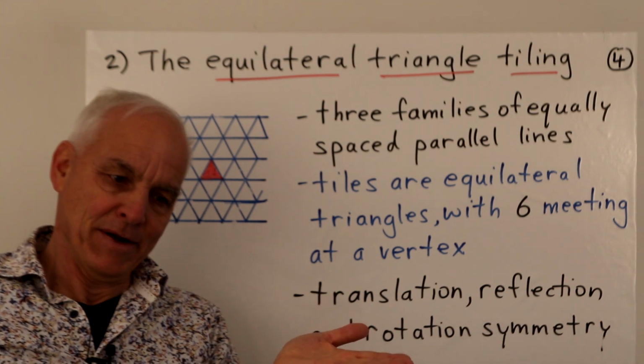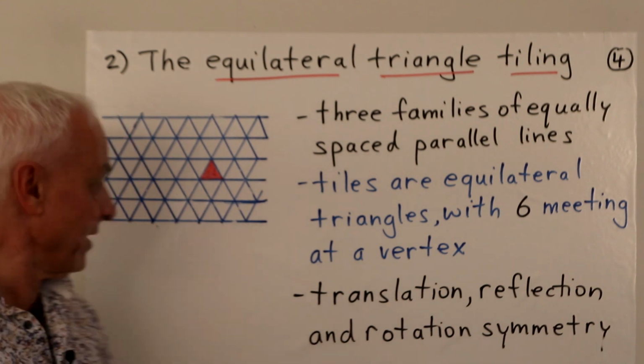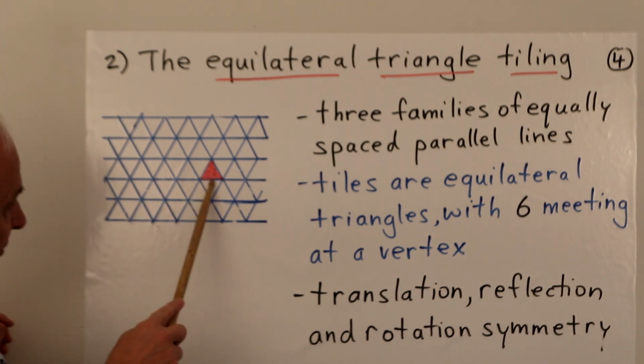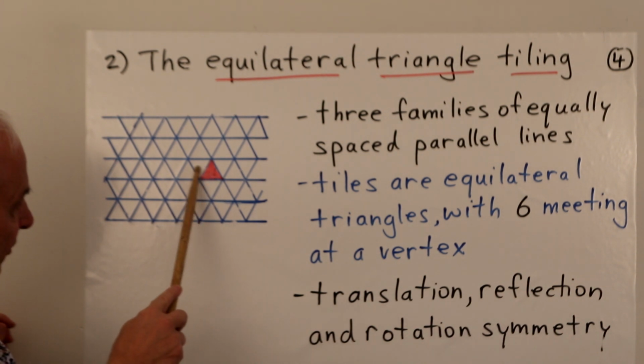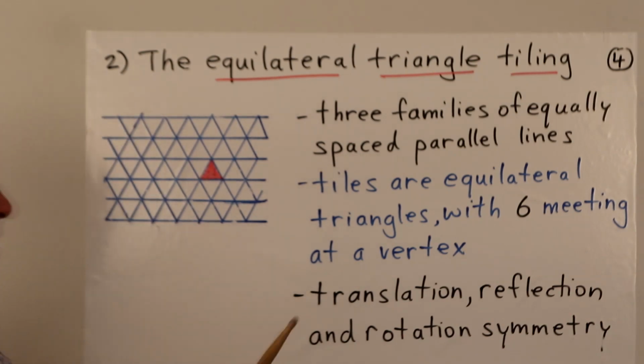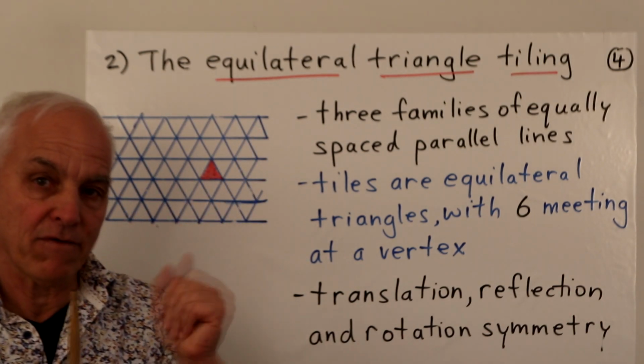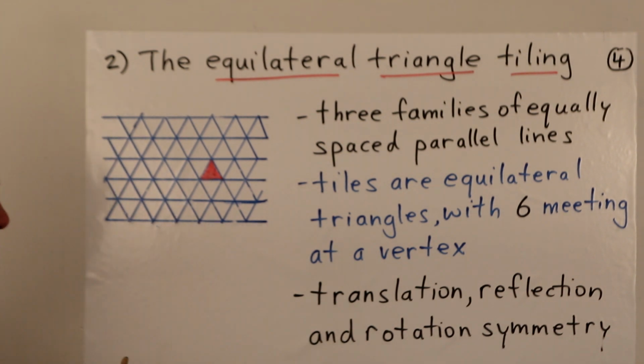With a rectangle, or a square, it's 1/4. Here it's 1/6. You can see that because, if we're looking at things from this vertex here, going from here to here is the same as from here to here, from here to here, and here, and here, and here. There's 6 of them around that central vertex, reflecting the fact that in this case there's 6 triangles arranged around any vertex. So the tiles are equilateral triangles, and 6 of them meet at a vertex.